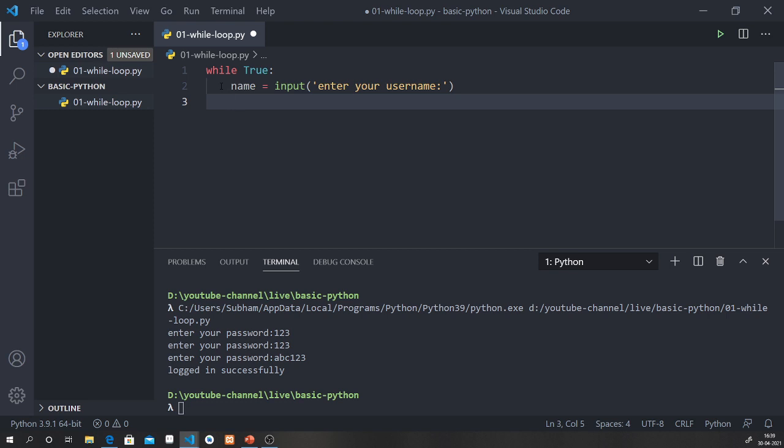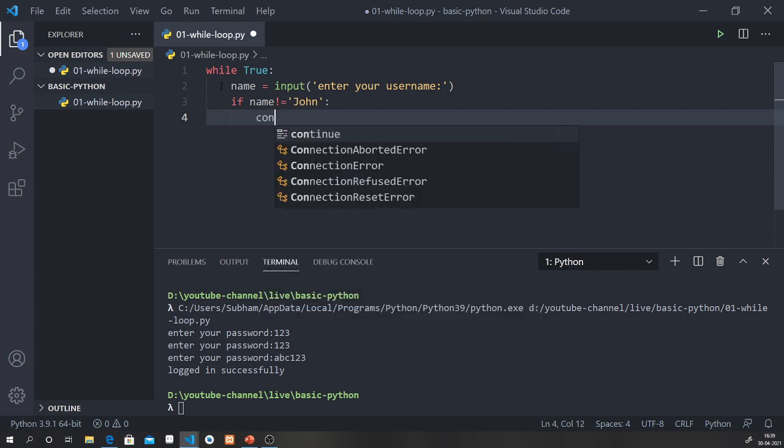This will take the username, and after that the if statement will check if the username is not equal to John. If the username is not equal to John, then the loop will start again from the beginning,